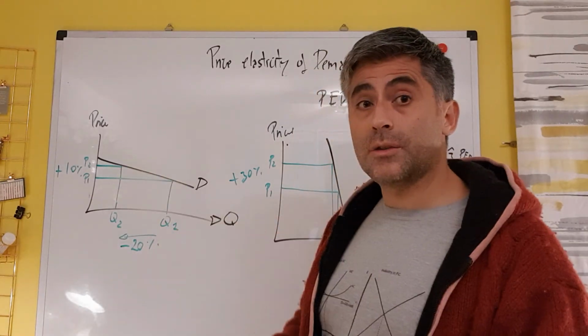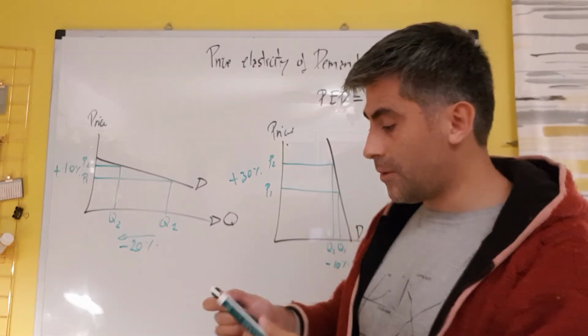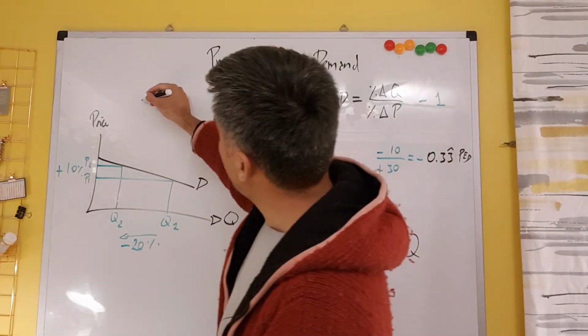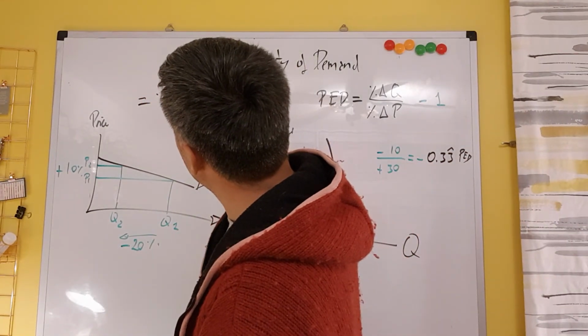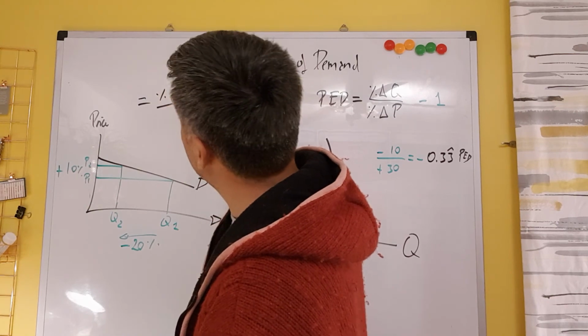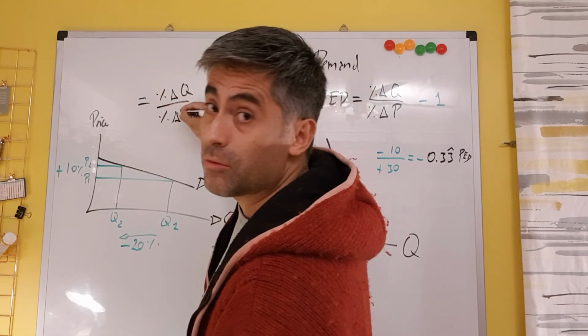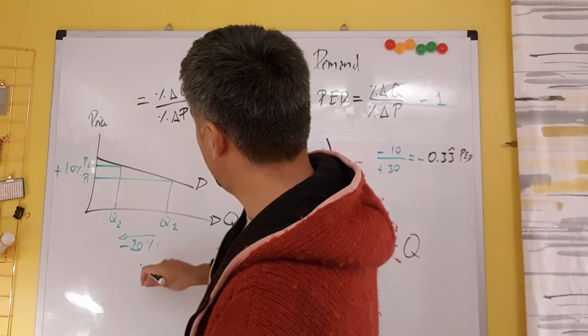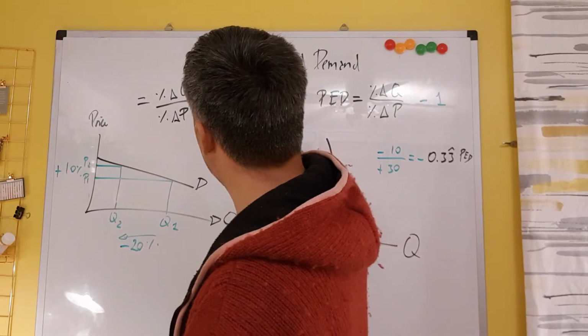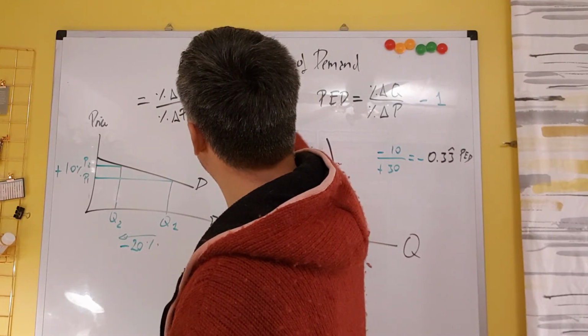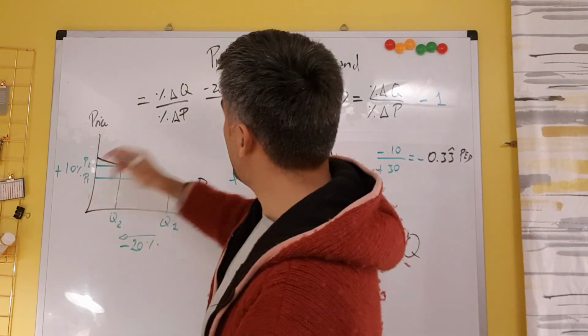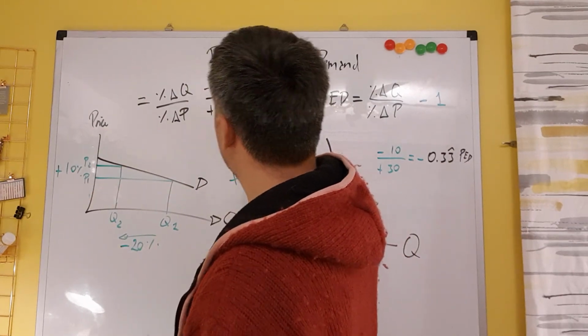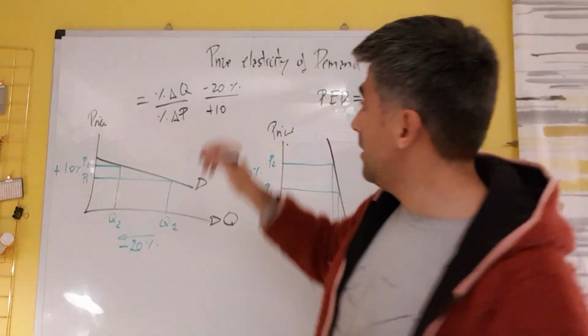So we put those figures into our equation to find out. We have percentage change in quantity divided by percentage change in price. In this case, quantity is going down by minus 20%, and the price is increasing by 10. So 20 divided by 10 is 2,